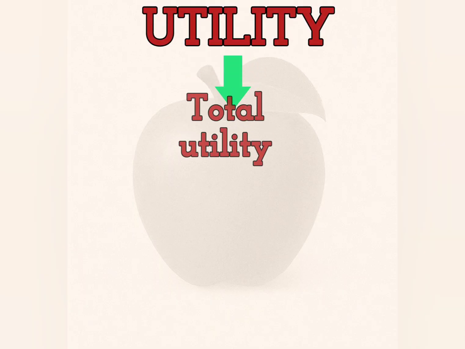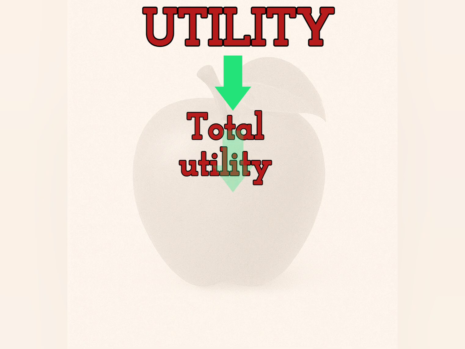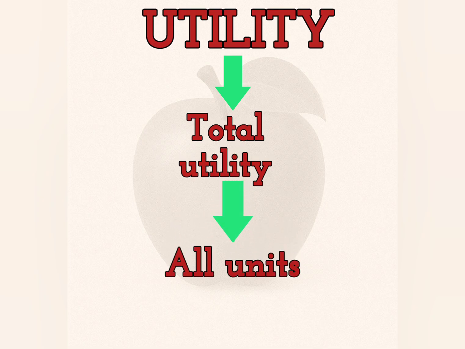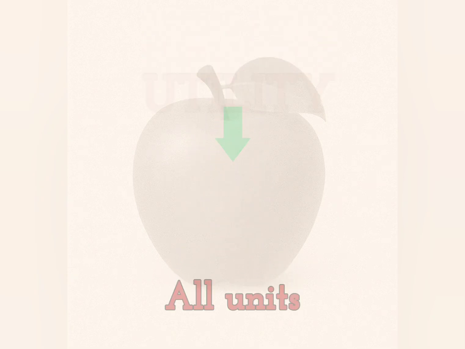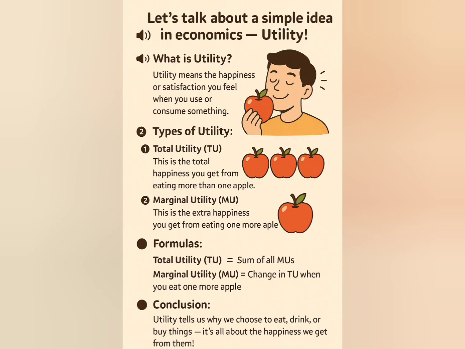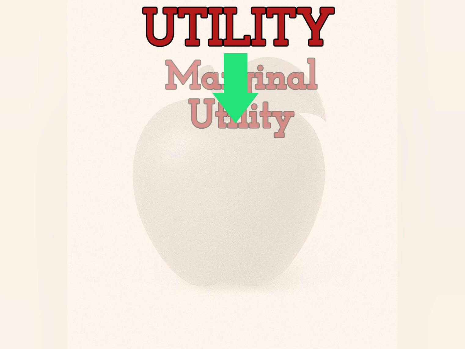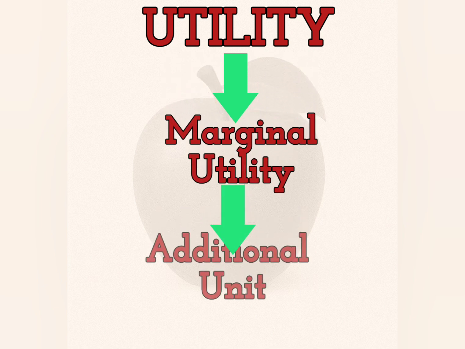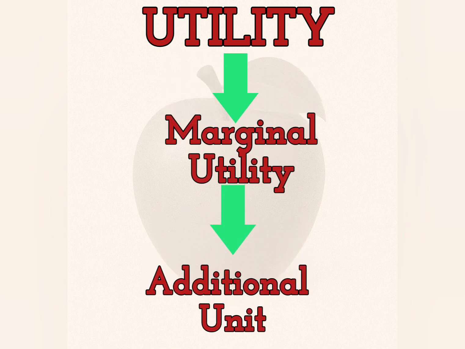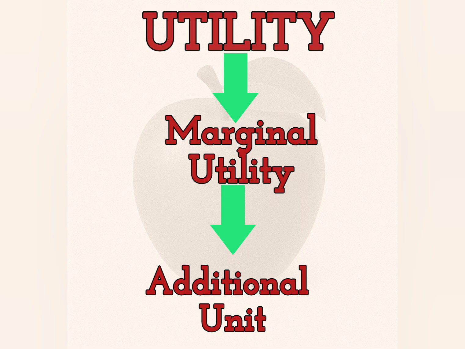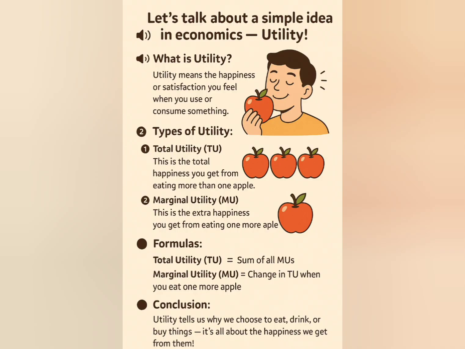1. Total utility, TU. This is the total satisfaction you get from consuming a certain quantity of a good. For example, if you eat 3 apples, the total utility is the combined satisfaction from all 3 apples. 2. Marginal utility, MU. This is the extra satisfaction you get from consuming one more unit of the good. For example, if you eat a 4th apple, the marginal utility is the satisfaction you get from that 4th apple